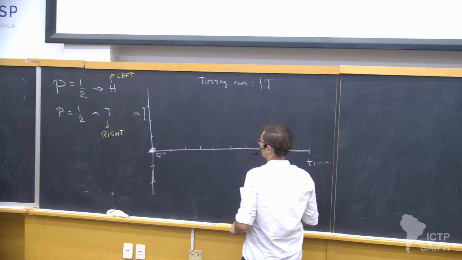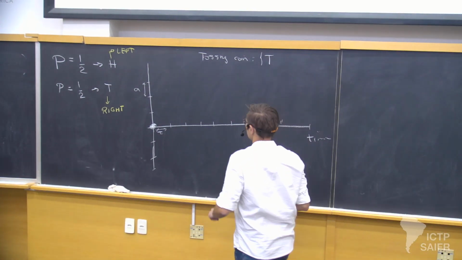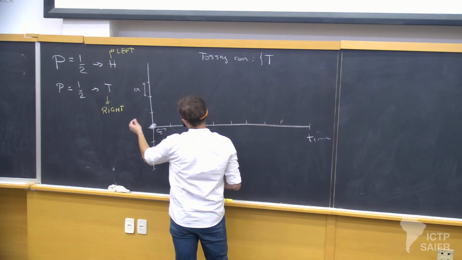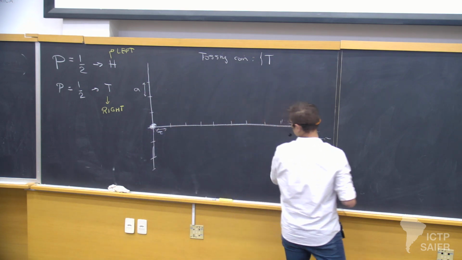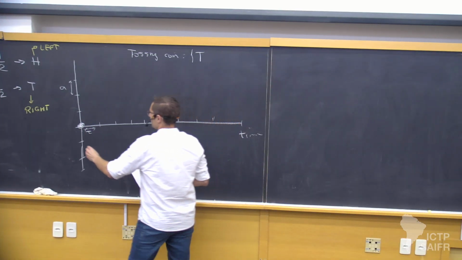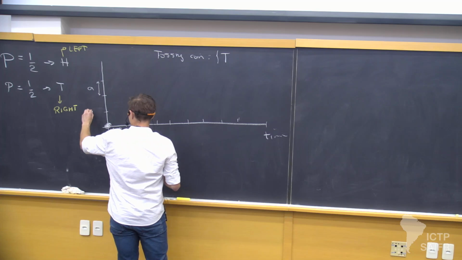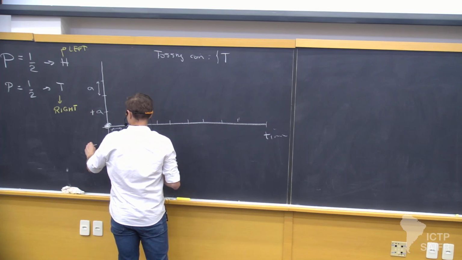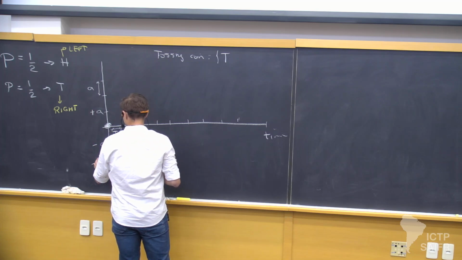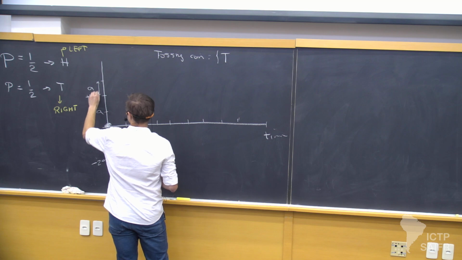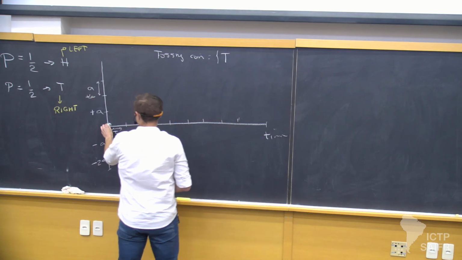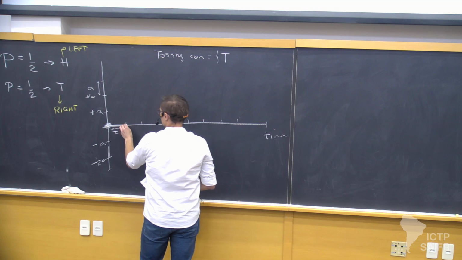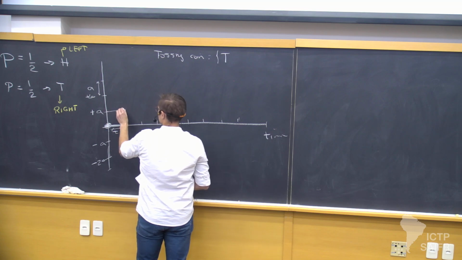So if I get a T here, my particle is going to go to the right. This is positive A, so this would be the rate, and this is minus A, minus 2A, plus 2A, and so on and so forth. So I get a T, I get a right, I am at 0, and then eventually I jump to this